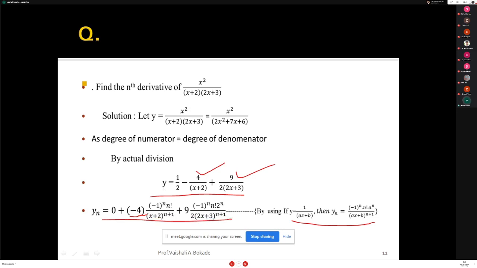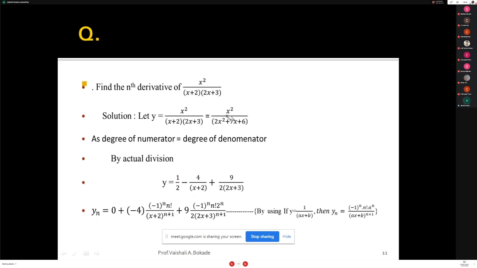Remember that for the first term I have the constant 1 by 2. As it is constant 1 by 2, definitely you know that y1 will be 0, y2 will be 0, so naturally the nth derivative will be 0 here. So I have to go for